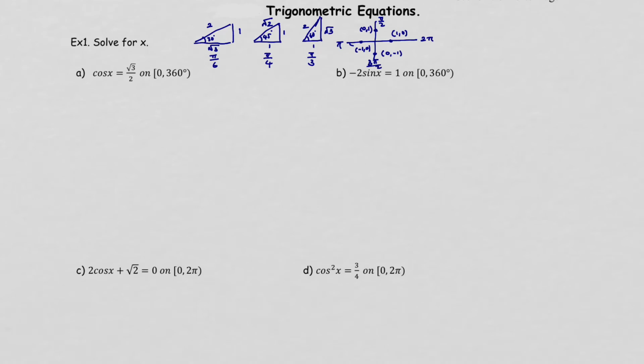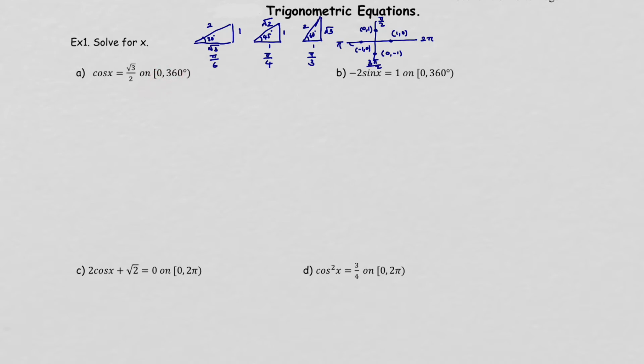Today's lesson, we're going to talk about trigonometric equations, solving equations. In order to do that, we need to memorize the table or have this information so we can get the value. Let's try example 1a. These problems, you have cosine x equals square root of 3 over 2 on 0